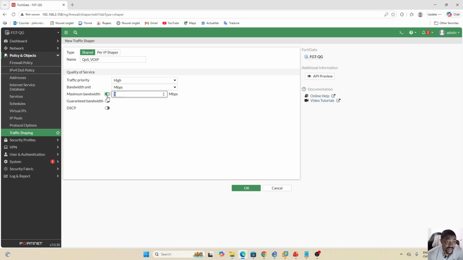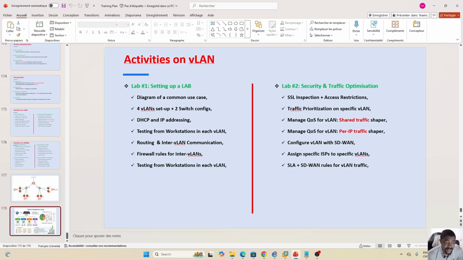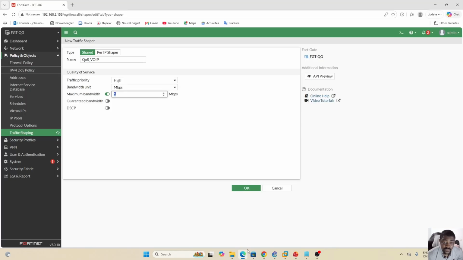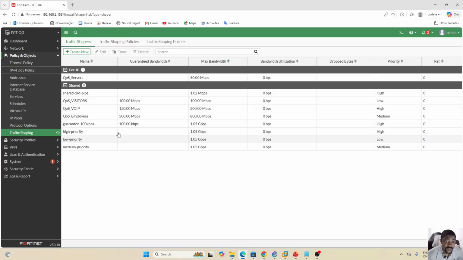Here we said maximum is going to be 250, I guess. So we said for VoIP maximum is 200, then the guarantee 150. Okay, so maximum here 200, the guaranteed will be 150 megabytes. So I'm keeping it also under shared traffic shaper. Okay, so now that we have our traffic shapers, as you can see here on the traffic shaper,